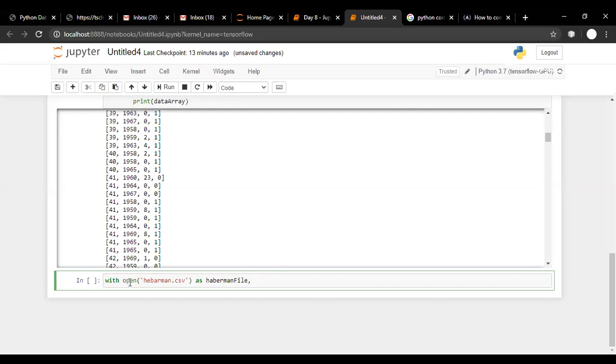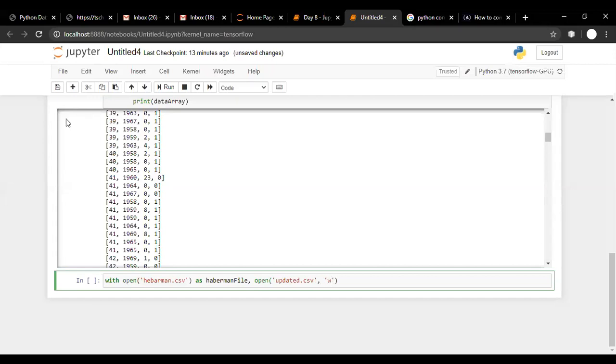Can we open two files in one line? Yes, we can. So we are opening the haberman.csv file in read mode, and using a comma, we are opening another file, let us say updated.csv. Oh, sorry. We are opening the updated.csv file in write mode.